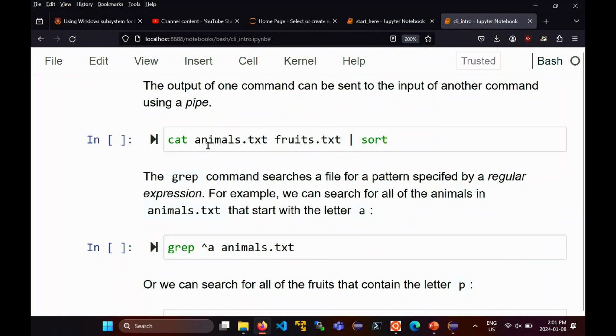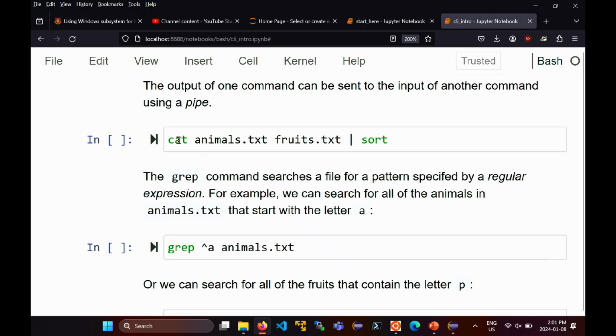Now, one of the things you're going to be doing in this course is solving some sort of programming problem, and you've got a bunch of these little commands that you're going to be using. You'll realize that this command solves one part of the problem, and I have a different command that solves another part of the problem. Wouldn't it be nice if I could take the output of one command and send it to another command? So here's an example of doing exactly that.